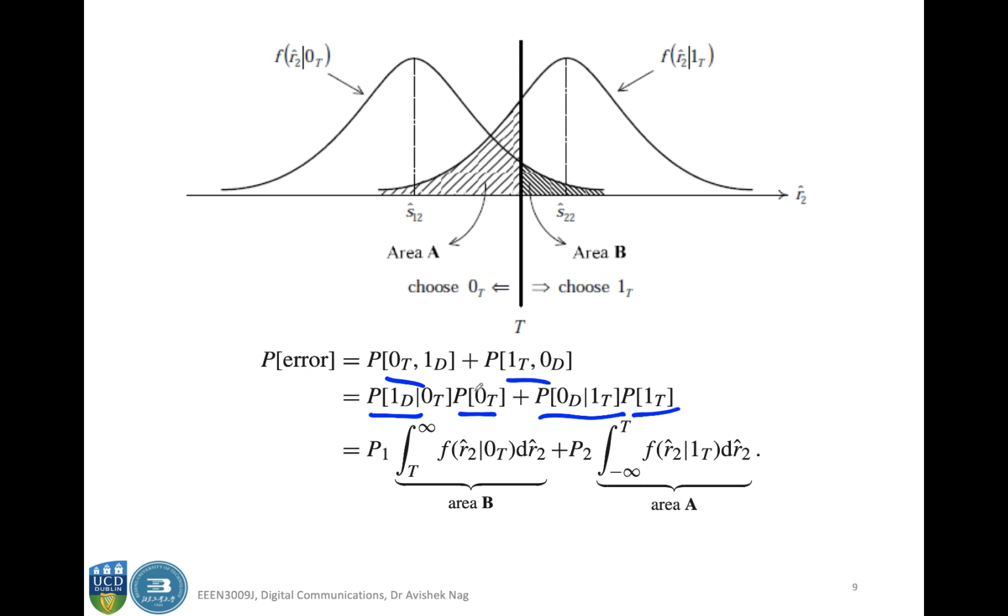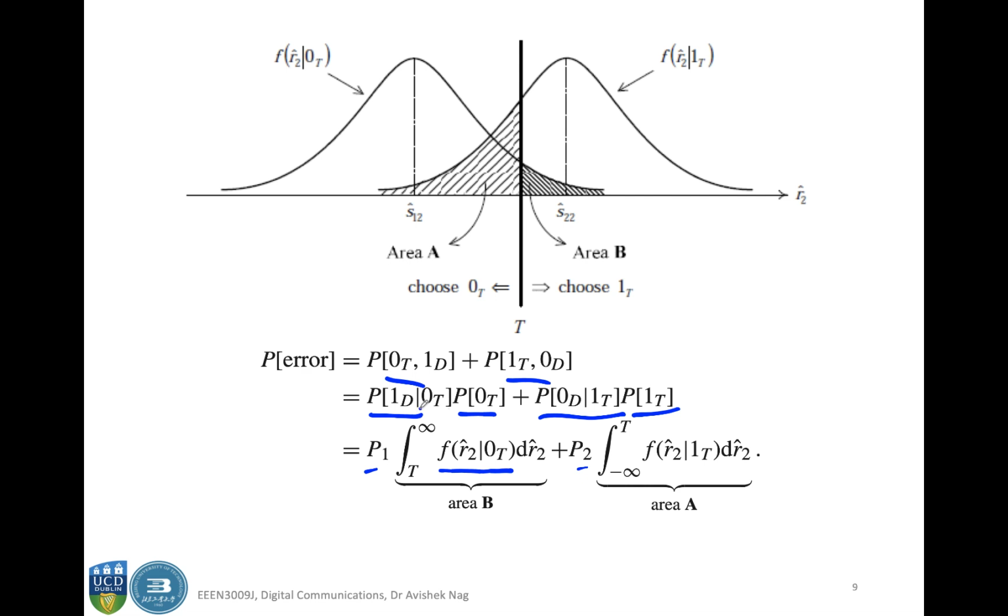The a priori probabilities for 0 is P1 and for 1 is P2. And the conditional probabilities are defined by these. So this is the PDF of R2 hat given 0 was transmitted, and we integrate it from t to infinity, because